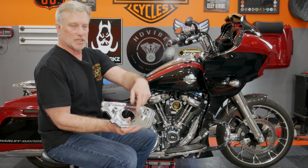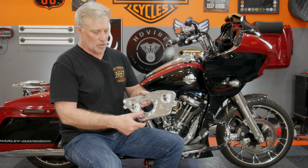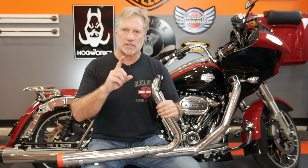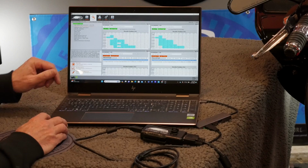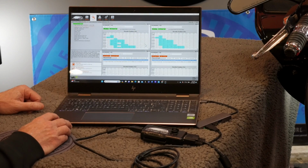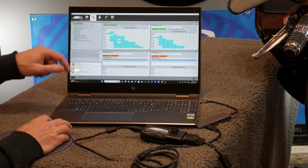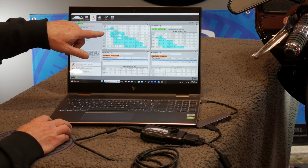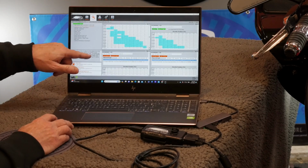Stage 1. This is your foundation. It typically involves a high-flow air intake, a less restrictive exhaust system, and a performance tune for your engine's electronic control module. The idea here is to let your engine breathe freely. More air in, more exhaust out. The tune then optimizes the fuel delivery to match this increased airflow. You notice a significant bump in horsepower and torque, and a crisper throttle response, and that deep, iconic Harley rumble